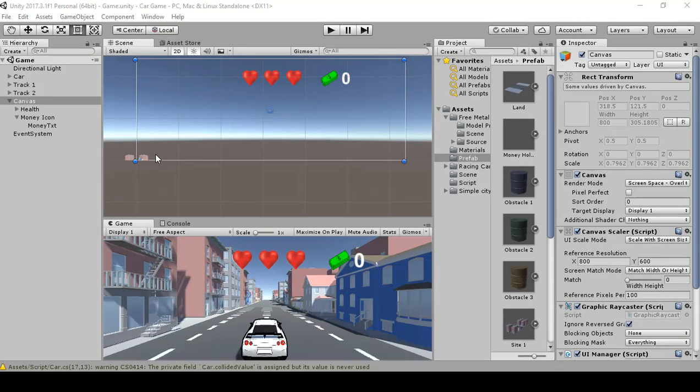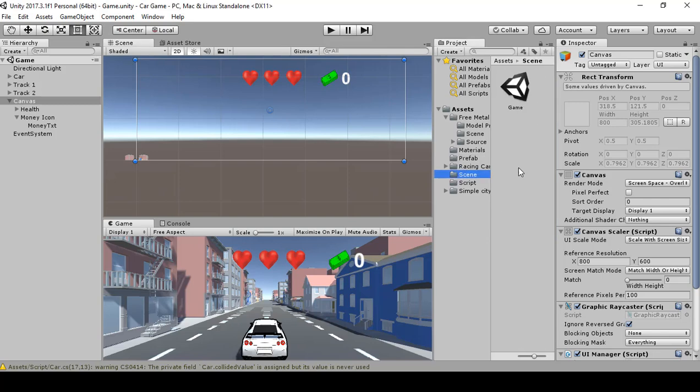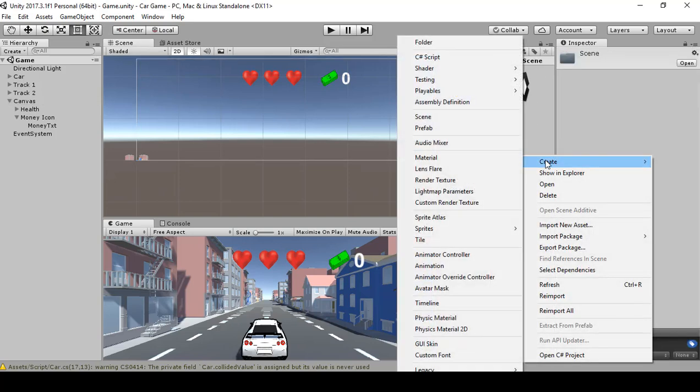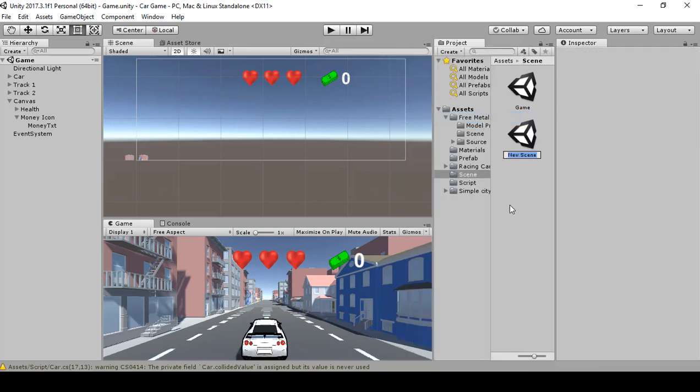Okay, welcome back everybody. So let's go ahead and finish this off. What we're going to do is create a way to play the game from a menu and then a game over. So inside the Scene folder, right click, create, and then click Scene. All right, and then in here, what we're going to do is call